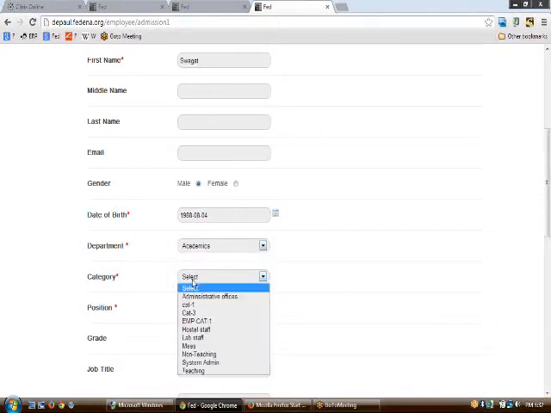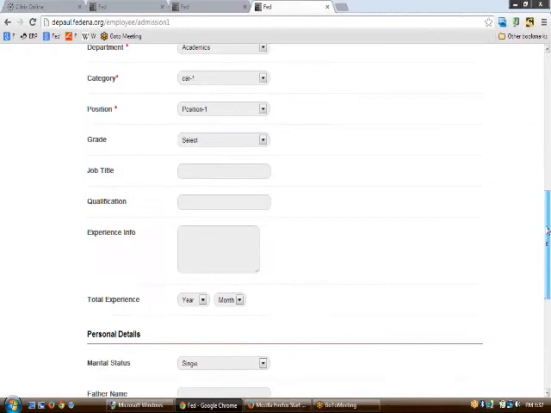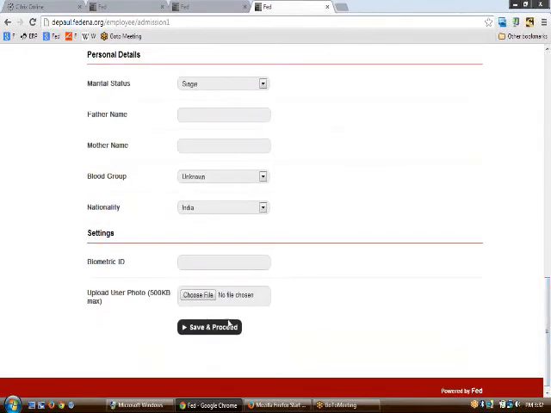So I am admitting an employee who belongs to the academics department. Again, the position has to be entered. The rest of the things are not mandatory, so we can even plan to skip them. The rest of the things can be entered for the sake of information at a later period,